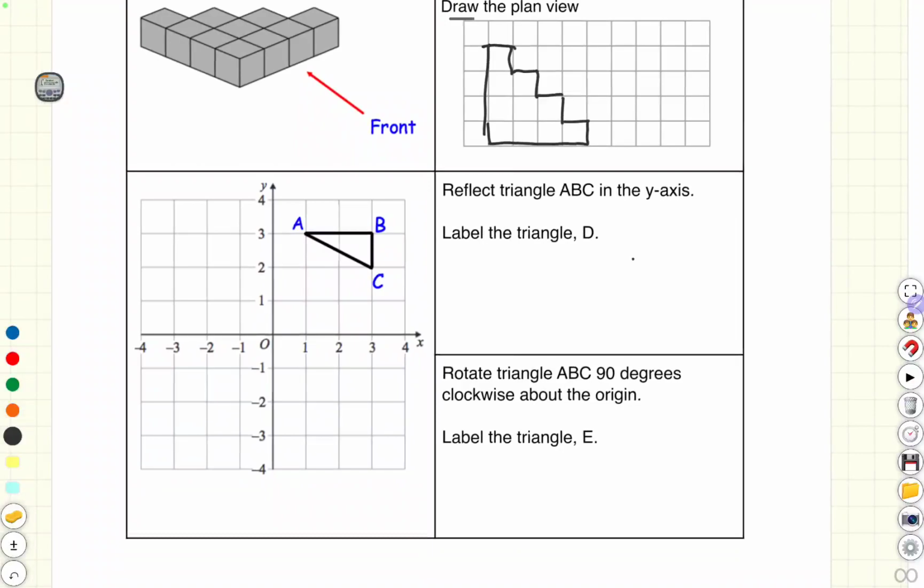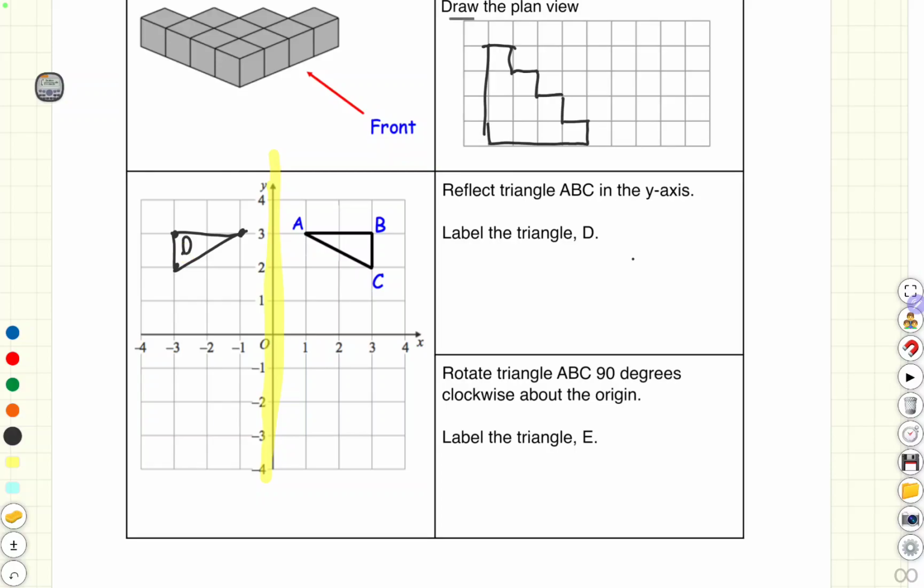Next question, reflect triangle ABC in the y-axis. So everything needs to be the same distance from this y-axis. So this is the y-axis that I'm reflecting in. I had this point here and it was 1 square away. So the new one has to be 1 away. I have this point here which is 3 away. So this one has to be 1, 2, 3 away. And then the final one was 1, 2, 3 away. So if I join those up now, I get a new triangle and I need to label it with a